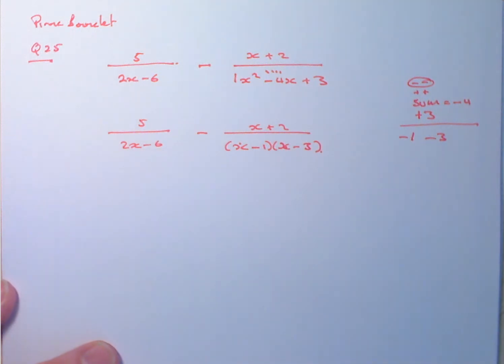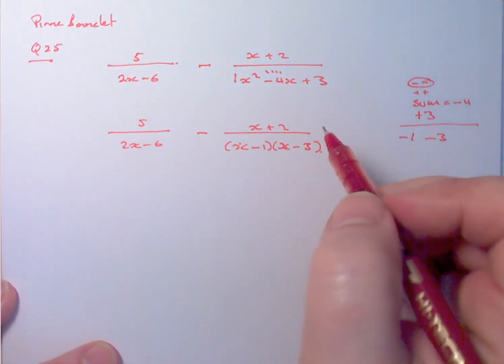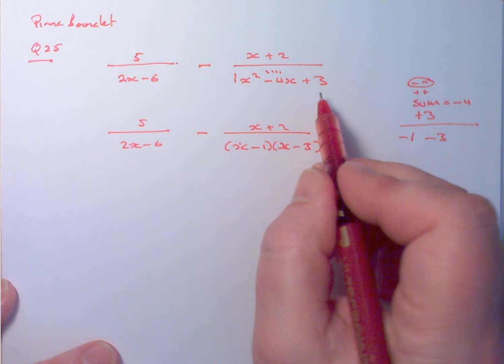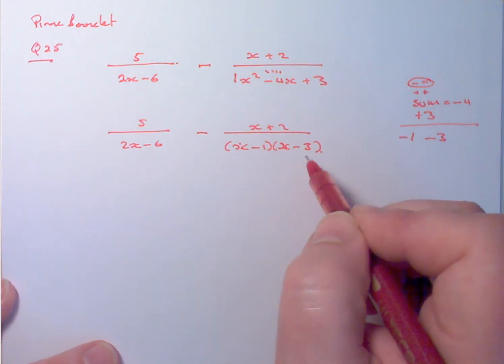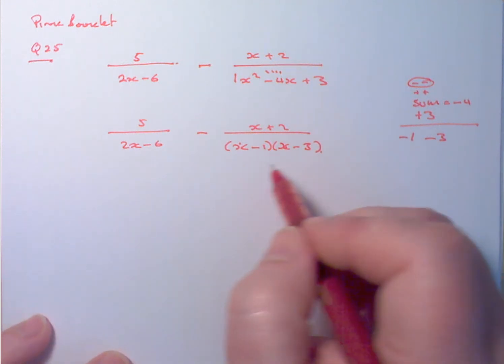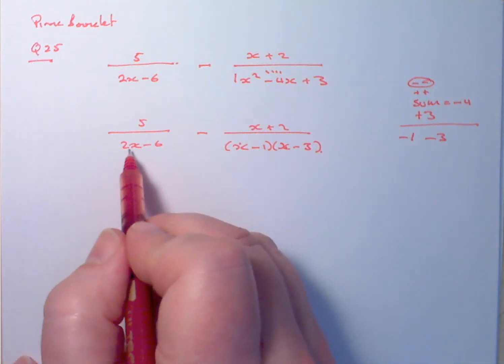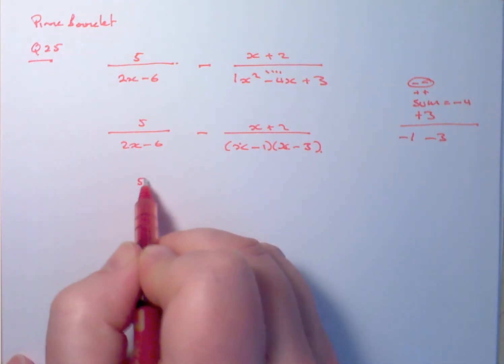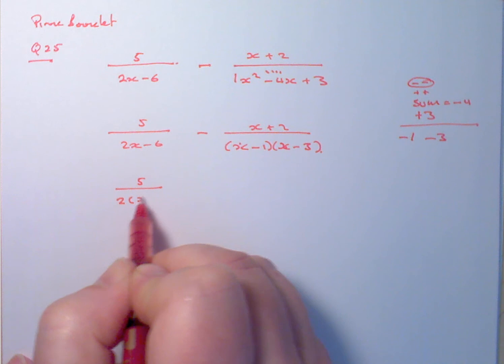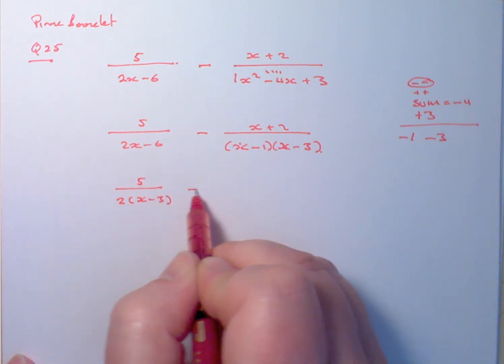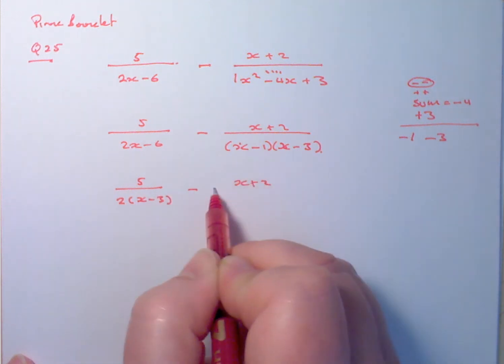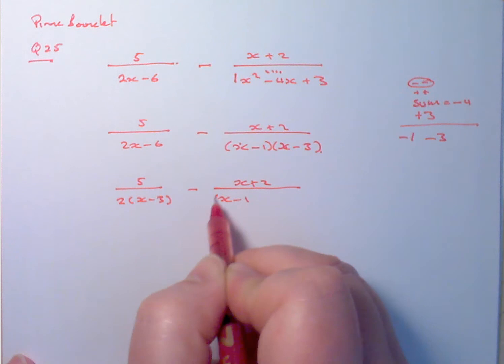So I factorized it correctly. And if I've got a silver calculator, I could also check that. If I put this into the silver calculator, I'd get the answers +1 and +3, which would give me a large hint as to what the brackets were. Also, you can see that I can take 2 out of this one. So if I go 5 here, I get 2x minus 3 minus x plus 2 over x minus 1, x